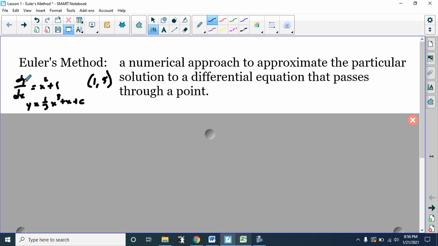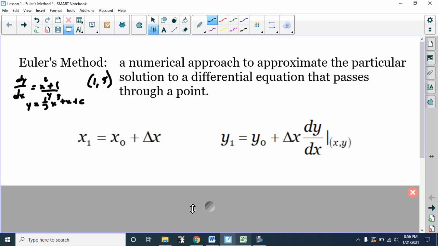And in the ones we've done, as long as dy/dx is only in terms of x, we can find that particular solution. Or if you can separate the variables, you have to separate the variables and then you can find the particular solution. But sometimes